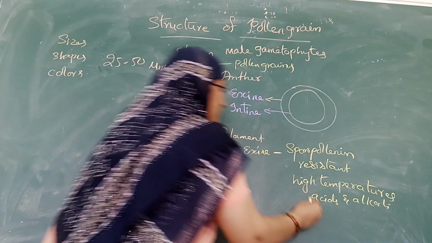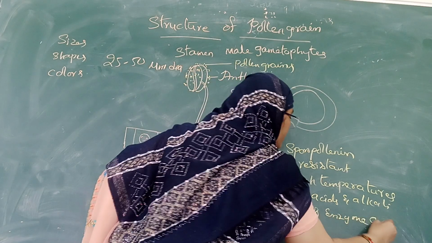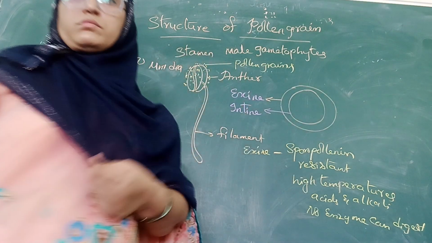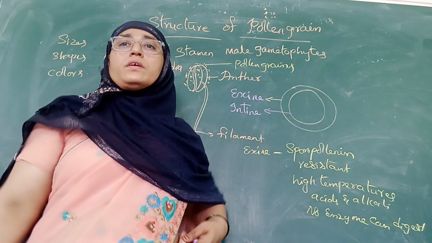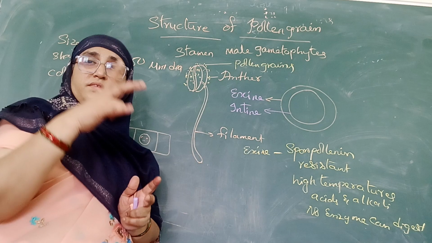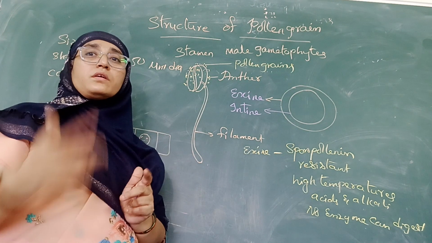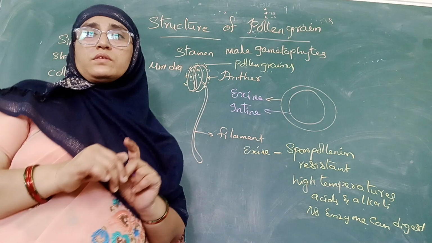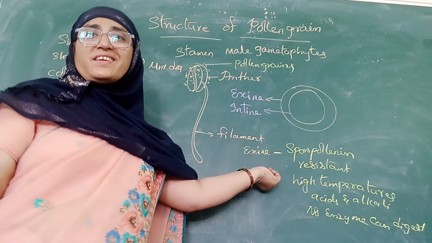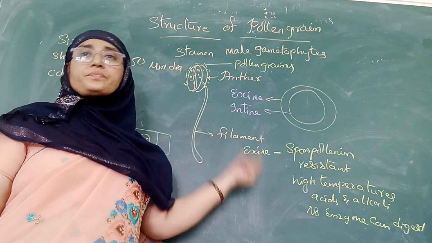No enzyme can digest this sporopollenin. That much strong it is. It is highly resistant even to high temperatures, acids and alkalis, and it is also resistant towards enzymes. Understood? Because of this, the hard, strong sporopollenin present on the pollen grains